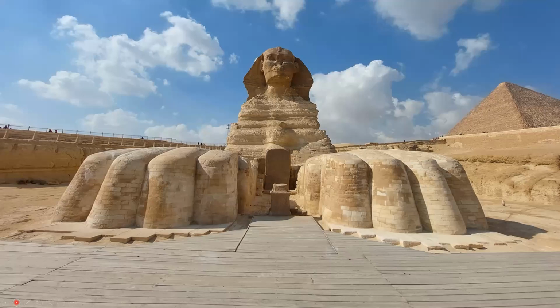Look at that. Wow. A great picture. It looks so small when you put it against the pyramids, but when you're standing there, it looks so huge. Yes, it does. And those are so old. I mean, just,